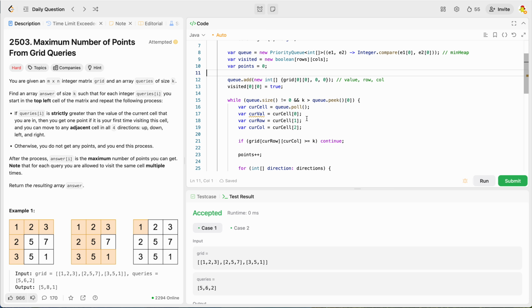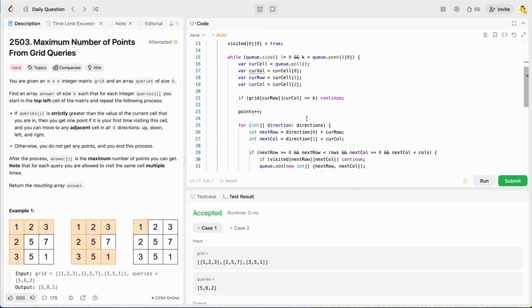Size is not equal to 0, and we don't need that because we will only be inserting the values which are